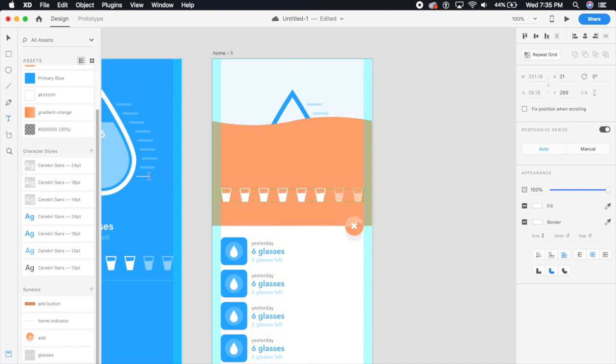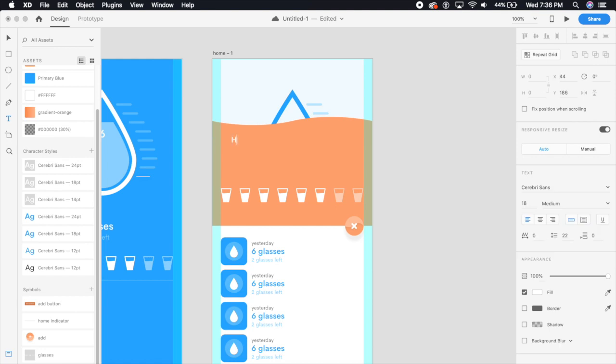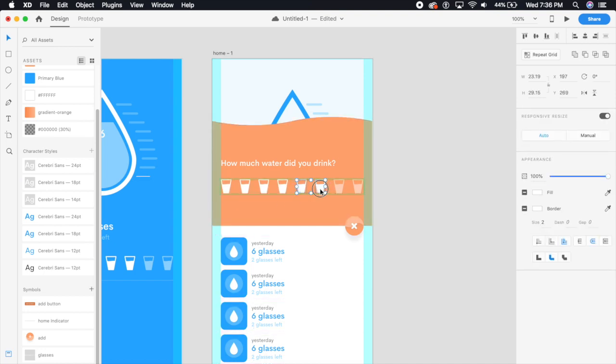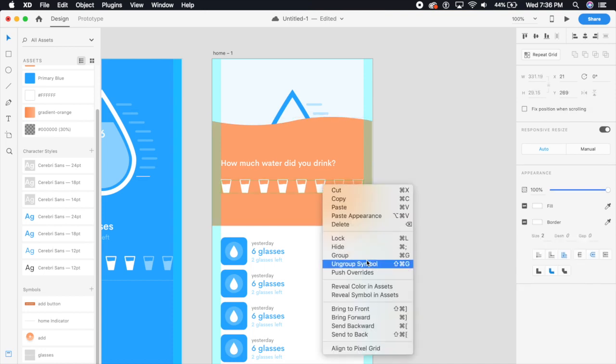And I'm gonna ask the user a question. The question says, how much water did you drink? Question. And the font will be 18 points. Just put it to the left as such. You can increase it to again 24 points if you want, but I'm just keeping it even and giving it this font. Perfect. And I will, first of all, ungroup the symbol